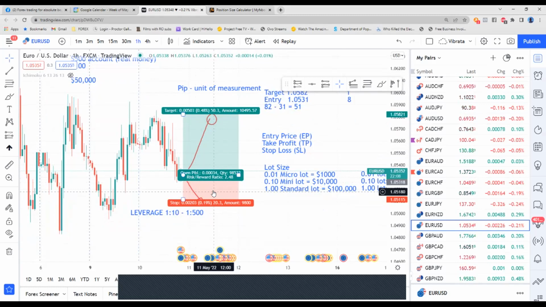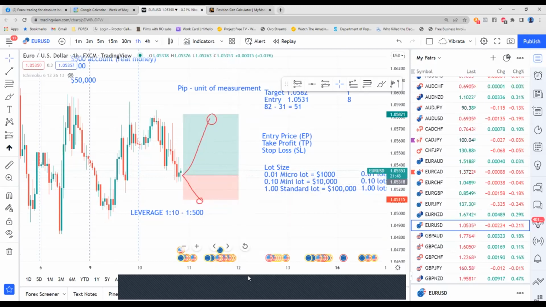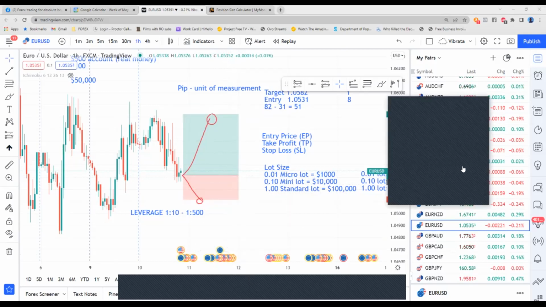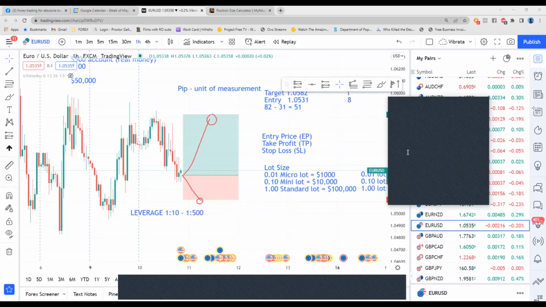So we said $10 is our risk. So if our reward is 2.48 times greater than our risk, what do we stand to gain from this particular trade? Can I have some answers in the chat? So we're risking $10, but our gain is 2.48 times that. And the correct answer is